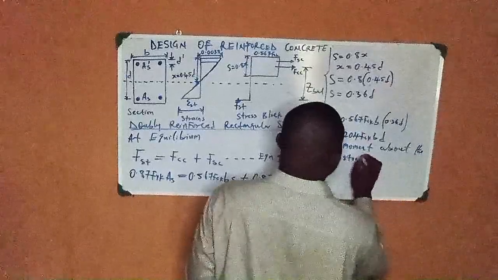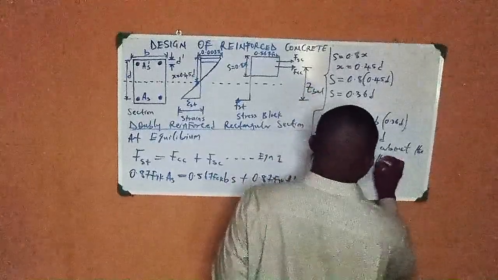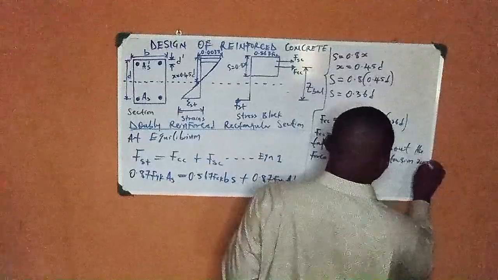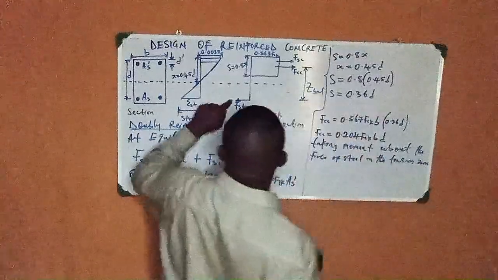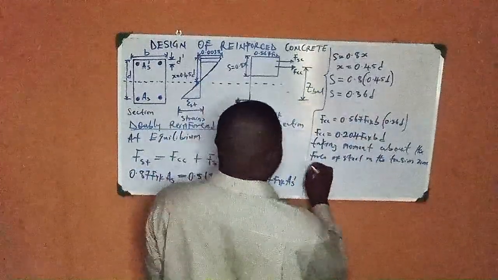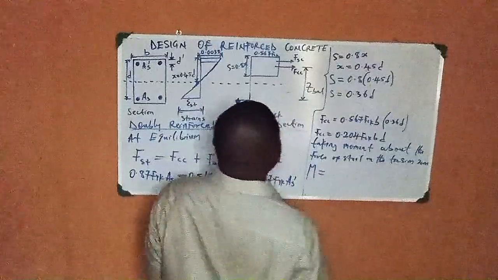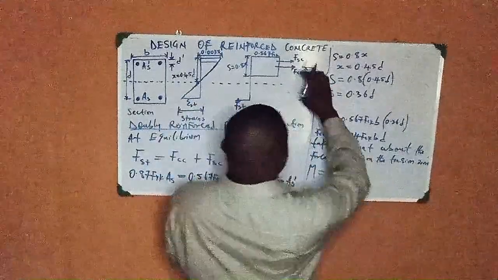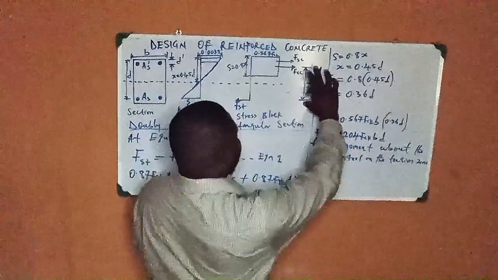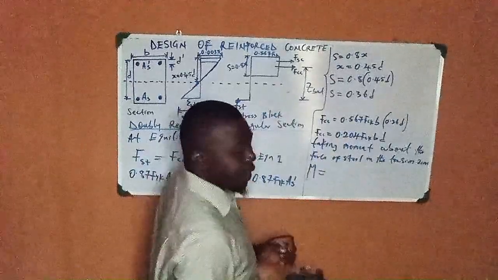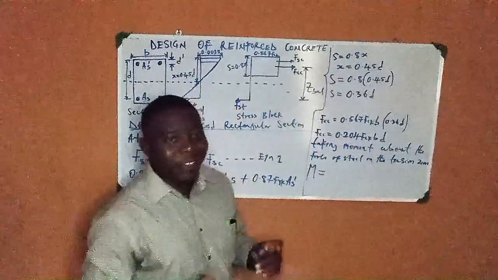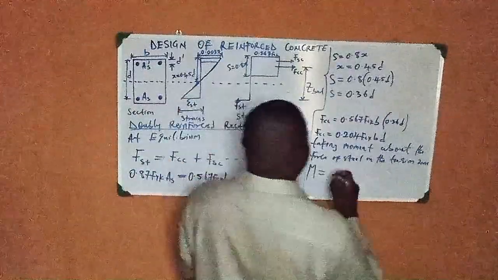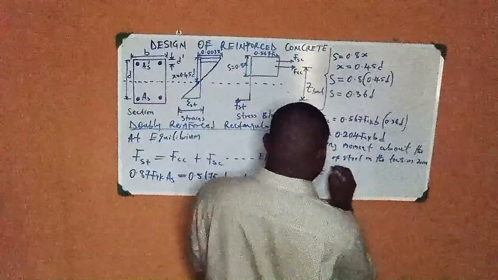Force of steel on the tension zone, meaning I'm taking moment at this very point. So how does my moment become equal to this FCC times the lever arm distance, z, to come in? Because moment is force times perpendicular distance. Force multiplied by perpendicular distance. So I have that my moment becomes